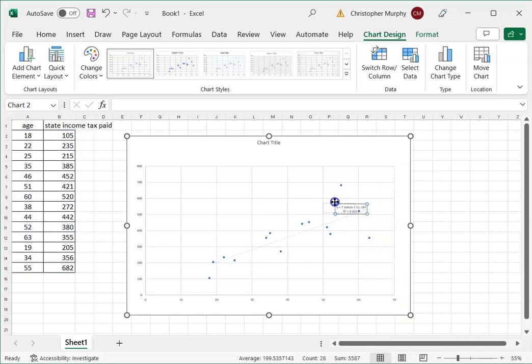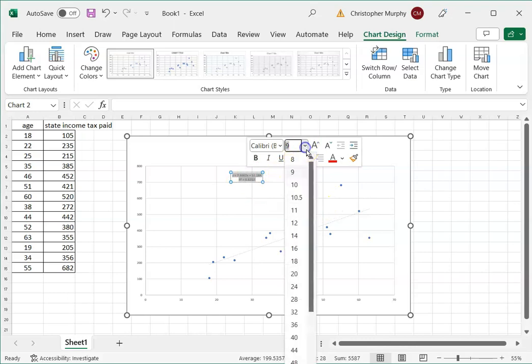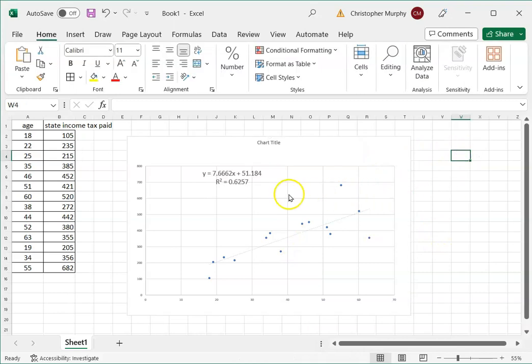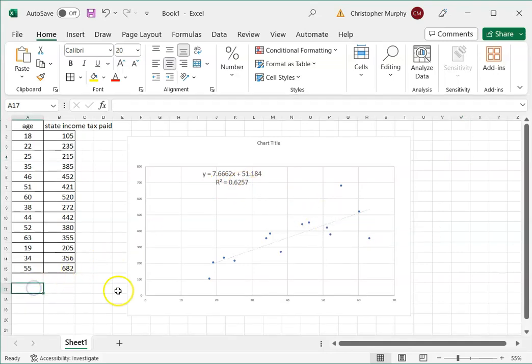It's kind of small, but I can drag it over here and move it. I can also make the font bigger. I'm going to make that bigger just so you guys can see it in the Excel video here. So I've got my equation and I've got my R squared value. Now you have two options. You can take the square root of this R squared value, or you can come over here and use the